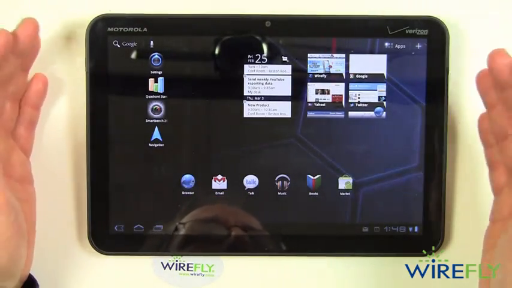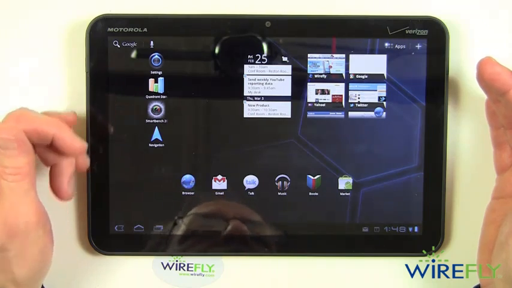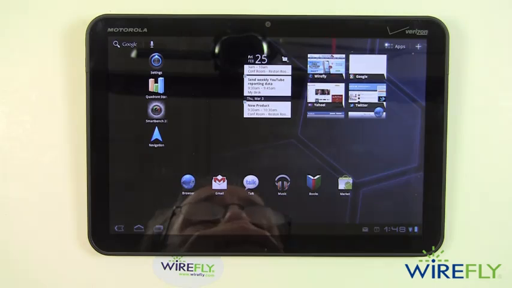Back to the main screen. Now, I want to run some benchmark tests. I loaded both Quadrant and Smart Bench on the Xoom, and I was actually a little surprised to find that they both work. Now, I don't know if they work perfectly, but they do both run, and I'll go ahead and run them for you so you see what the